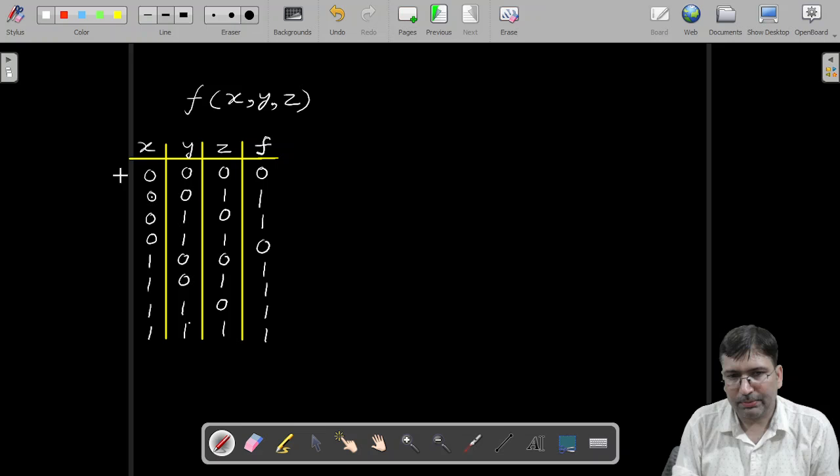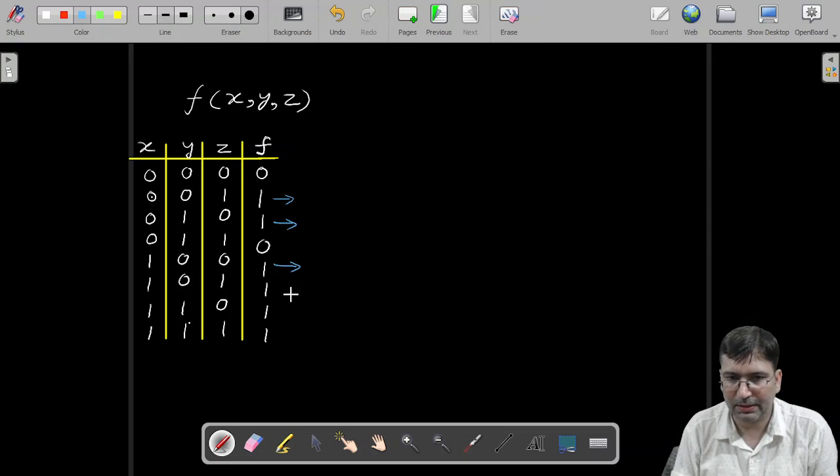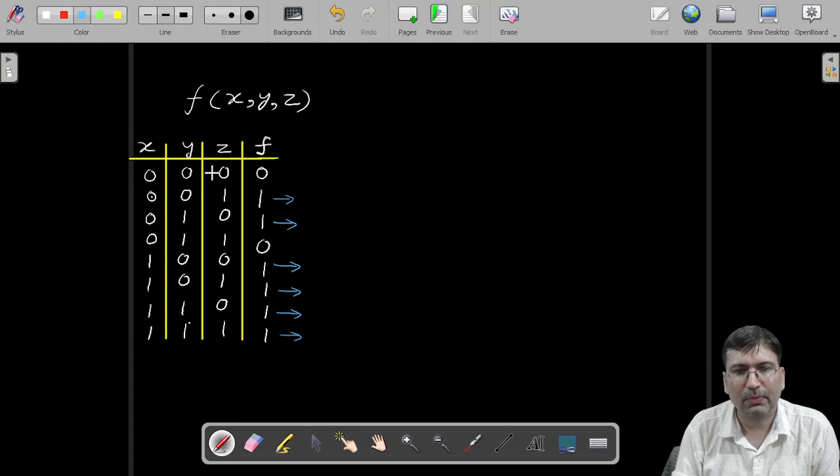Okay, so if these terms are high, this is high, this is high, this is high, this is high, this is high, this is high. That means this function f will have these 6 min terms. So we can write it in the sum of product, not product of sum. We can write it in the form of